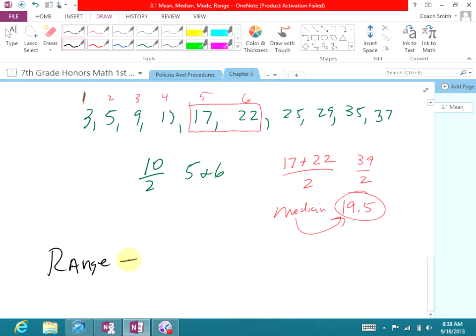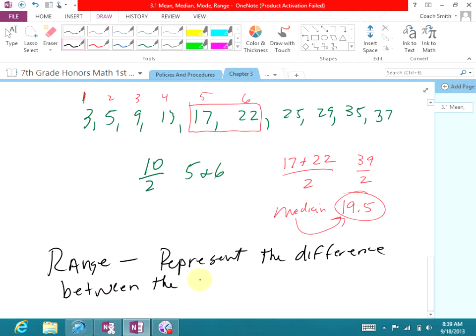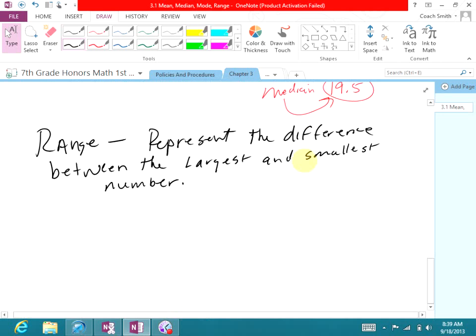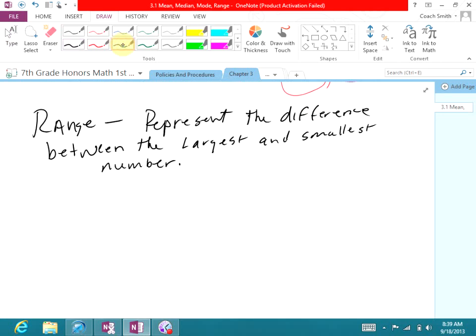Okay, range represents the difference between the largest and smallest number. So if we go back to our original set of numbers,